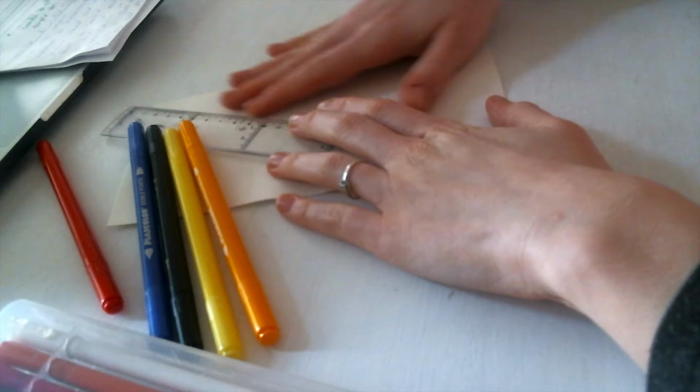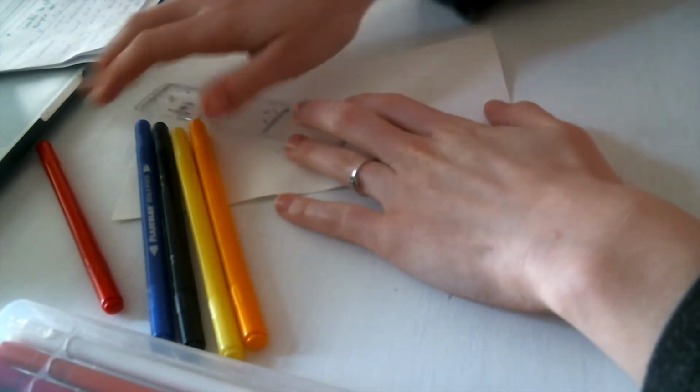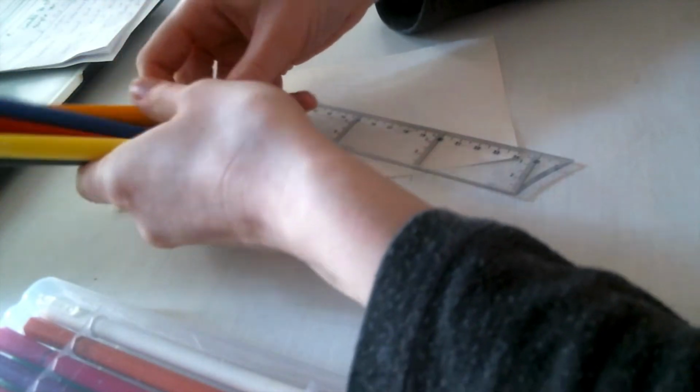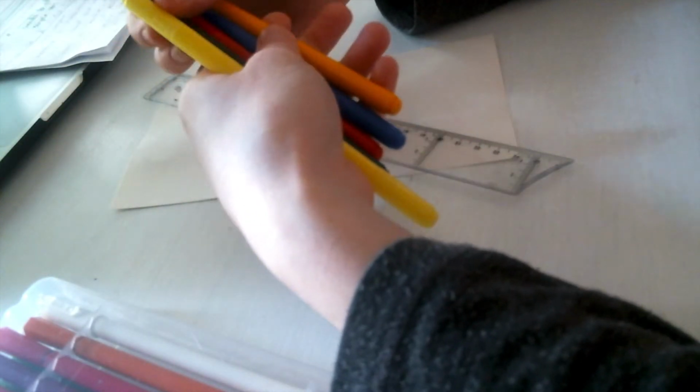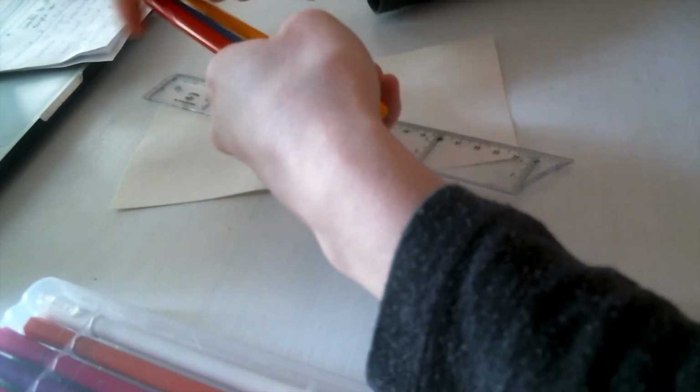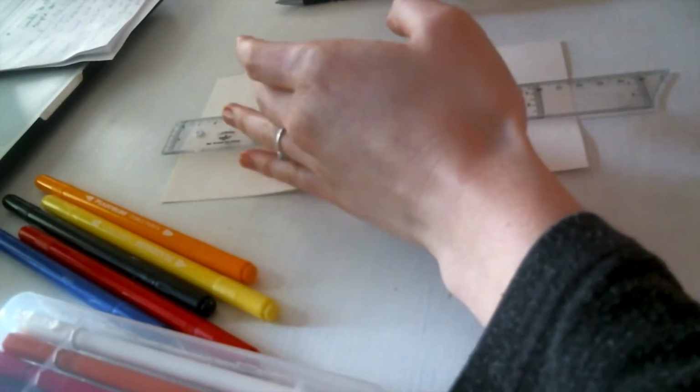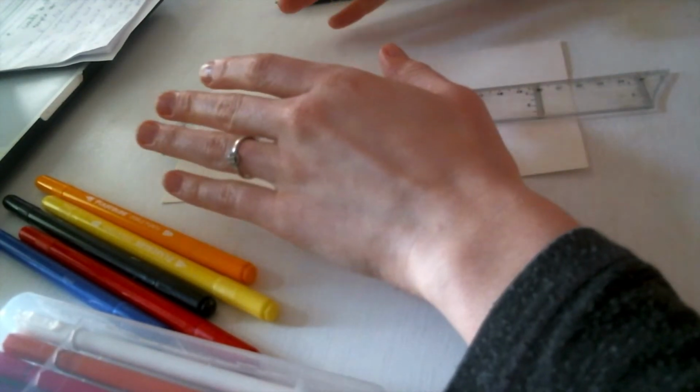We will need a piece of paper, a ruler, some Sharpies or just markers. It doesn't matter the color, but it would be lovely if you had a black, yellow, red and blue. And then we will need, of course, some scissors and, just in case you need it, some tape. So as you know, always first step, put on your favorite music or your favorite playlist and just enjoy the